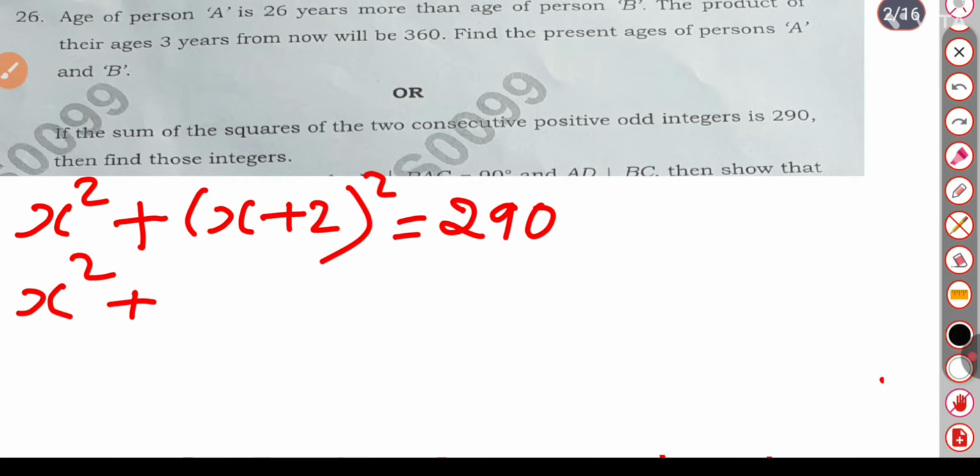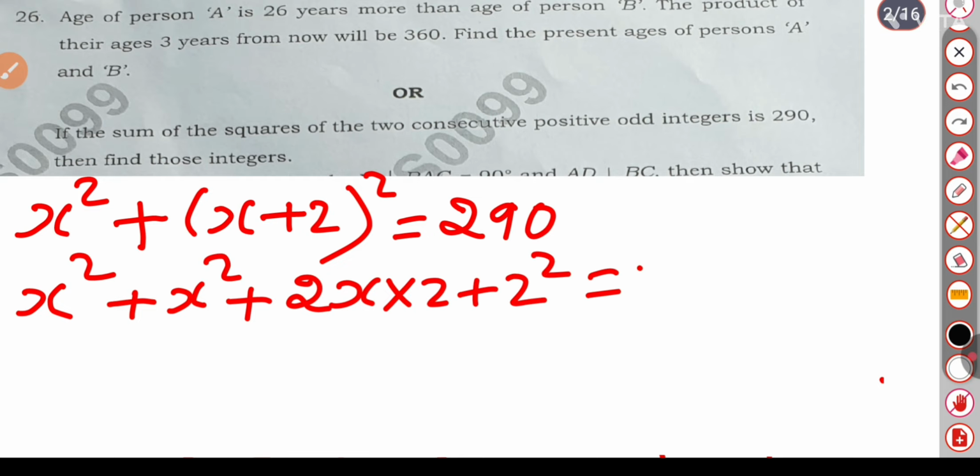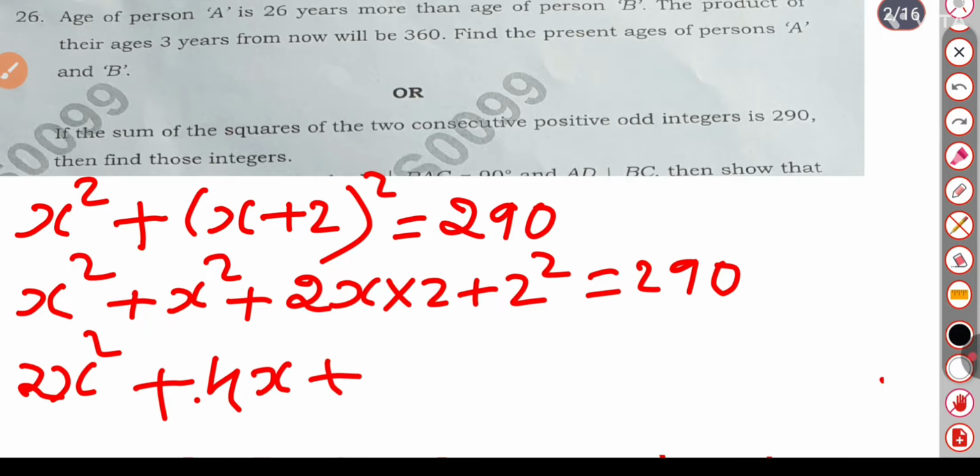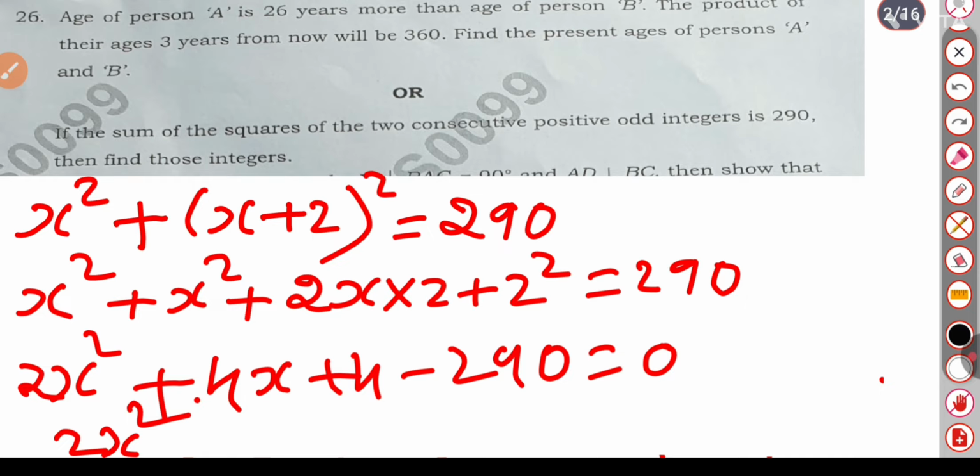Here a is x and b is 2, so a square is x square, plus 2ab is 2x into 2, plus b square is 2 square, equal to 290. x square plus x square is 2x square, plus 2 into 2 is 4x, plus 4 minus 290 is equal to 0. So 2x square plus 4x,